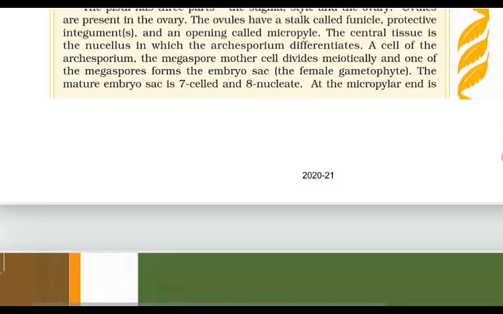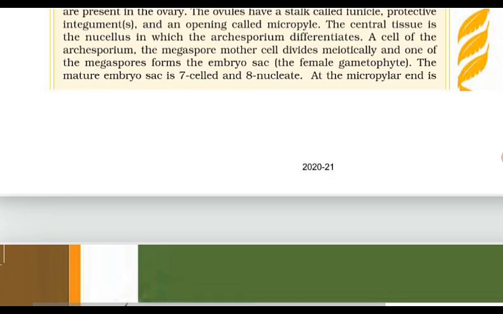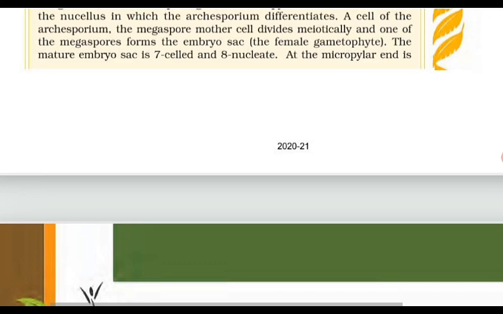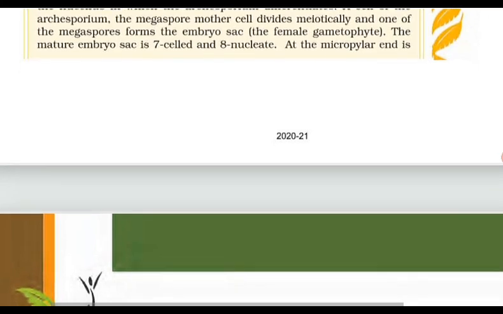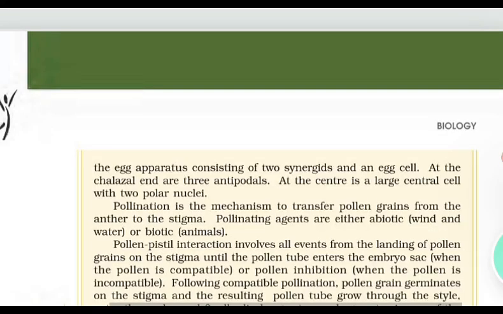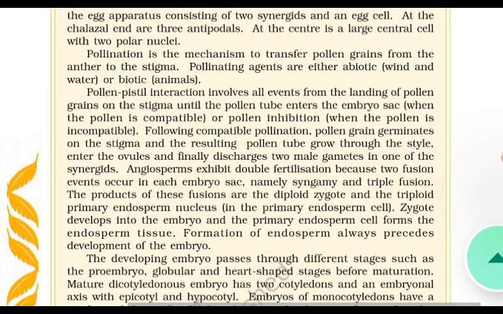Four wall layers, the epidermis, endothecium, middle layers and the tapetum, surround the microsporangium. Cells of the sporogenous tissue lying in the center of the microsporangium undergo meiosis, that is microsporogenesis, to form tetrads of microspores. Individual microspores mature into pollen grains. Pollen grains represent the male gametophytic generation. Pollen grains have a two-layered wall, the outer exine and the inner intine. The exine is made up of sporopollenin and has a germ pore. Pollen grains may have two cells, a vegetative and a generative cell, or three, a vegetative cell and two male gametes.